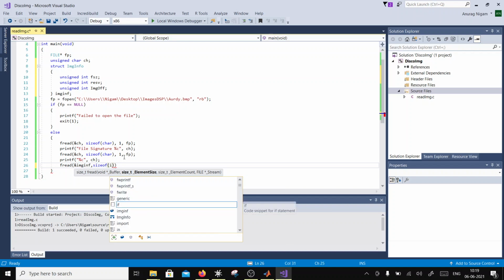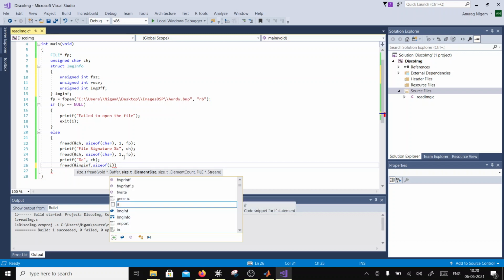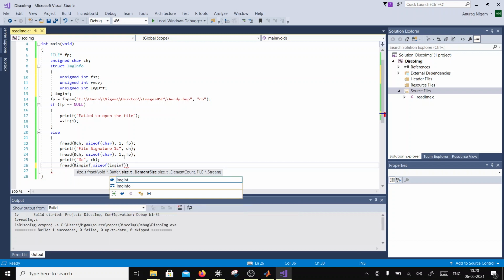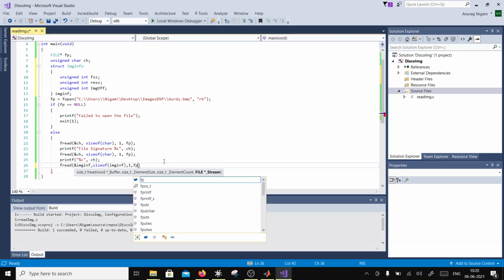I can also put here this structure, right? So rather I would say imginf, size of that, comma, then I can say one header, and then I'm going to say from this file string.